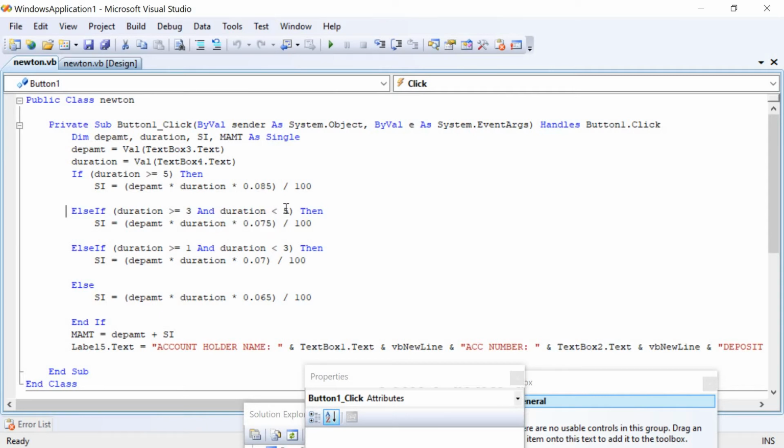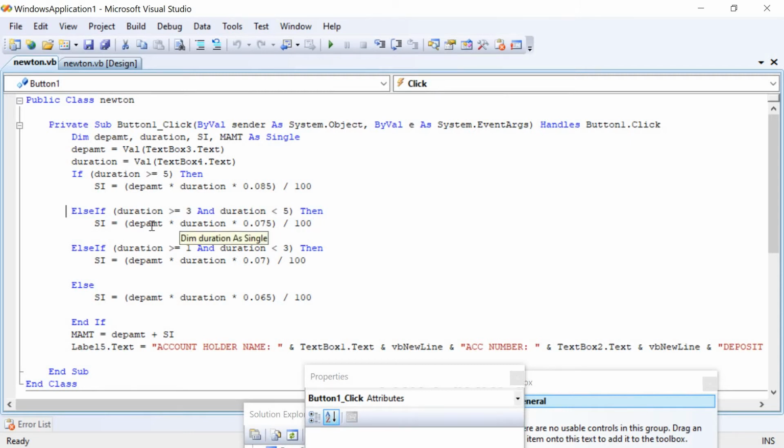If duration is lesser than 5, then what happens? Again, simple interest is equal to, in the set of parentheses, deposit amount into duration into 7.5 percent, written in decimal form as 0.075, then divided by 100.